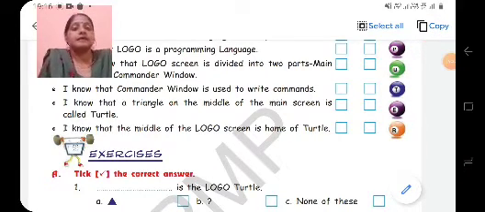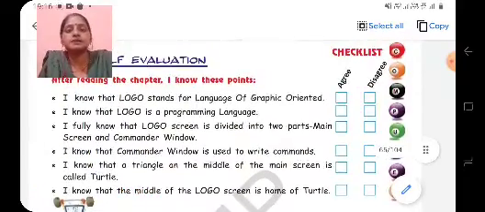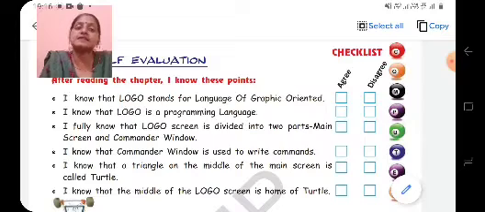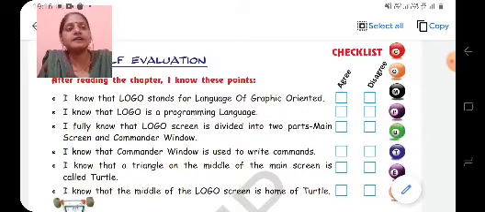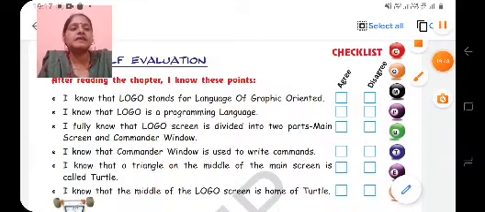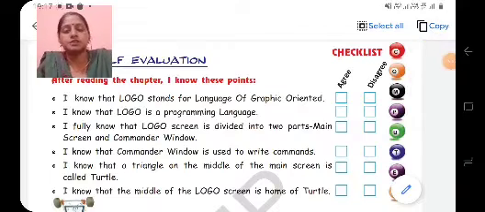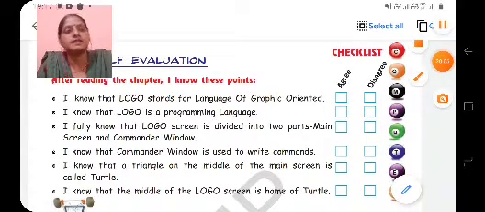So children, in this way we have completed the chapter. We have gone through the chapter. We have revised self-evaluation also, and we agree with all the points which are given in this self-evaluation. So these were the points which we had studied and understood from the chapter. Now children, go through the chapter, try to understand the words given in the chapter, and if you still face any problem to understand,